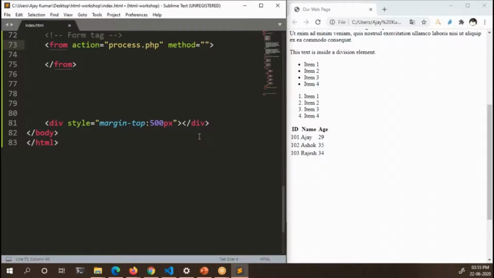Generally, HTTP has different kinds of methods. We are using the HTTP protocol for the communication between client and server, right? Whenever you submit a form, the data will always be sent to a server. The communication between the client and server will always be done through HTTP, Hypertext Transfer Protocol only.